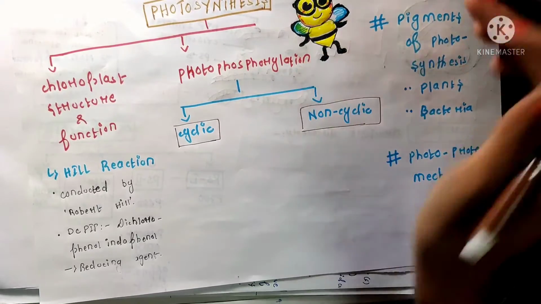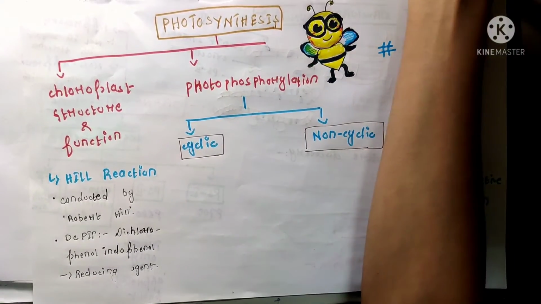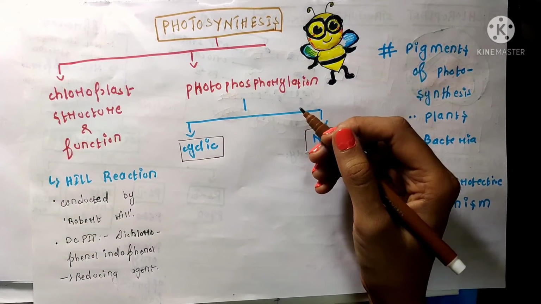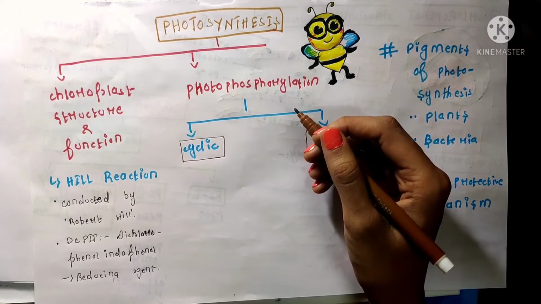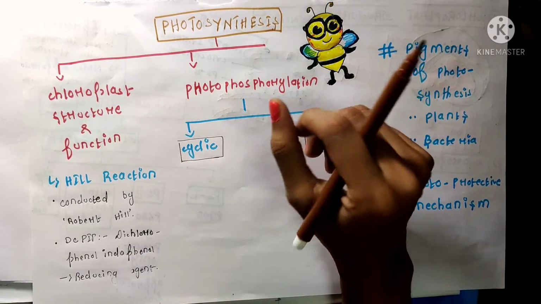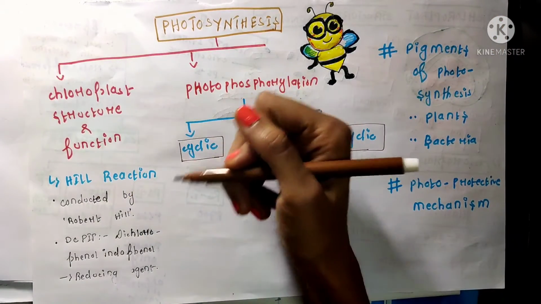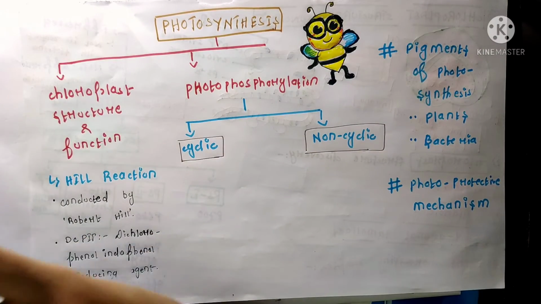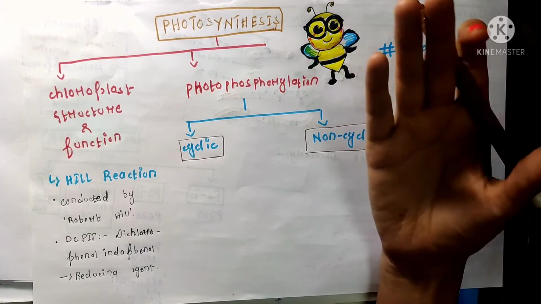Okay, so now if I have to explain the concept of photosynthesis in layman's language, photosynthesis is nothing but the process of making ATP and NADPH in the presence of sunlight and water. And this ATP and NADPH, which is produced in photosynthesis, will be utilized in the dark reaction, also called the C3 pathway, or if I have to elaborate, it is the biosynthetic pathway for plants to make their own food, that is sucrose.